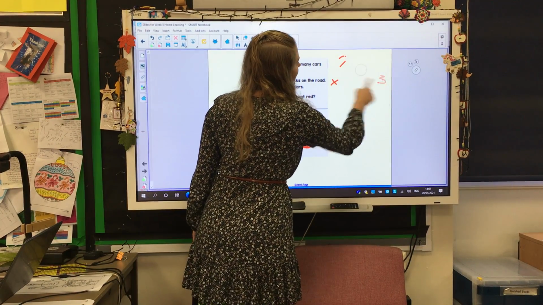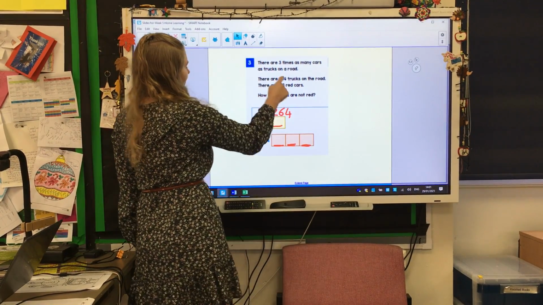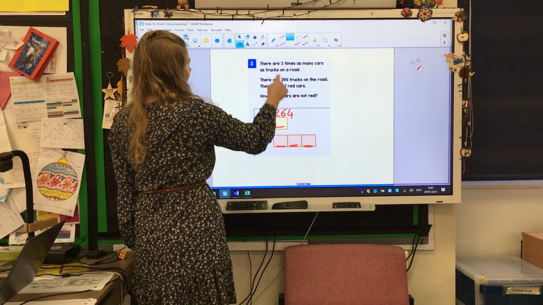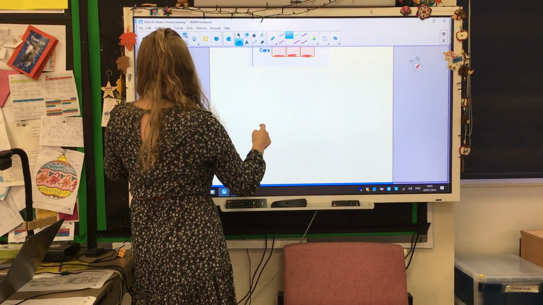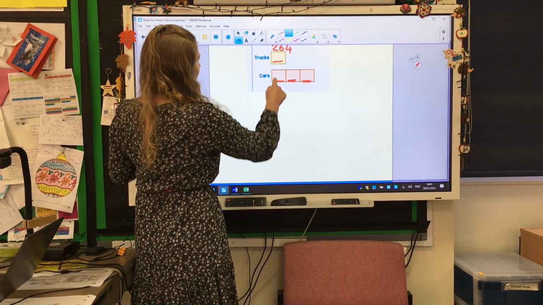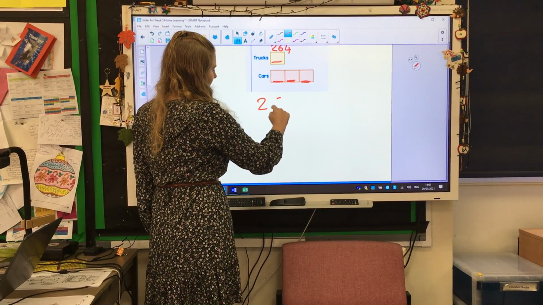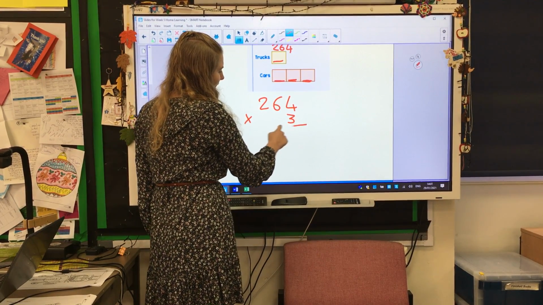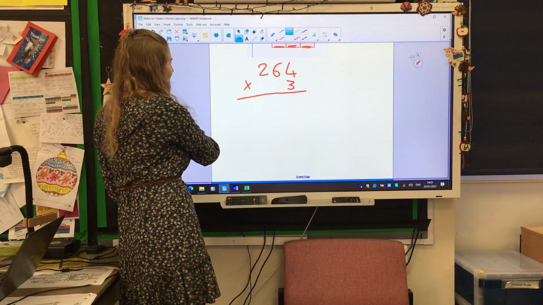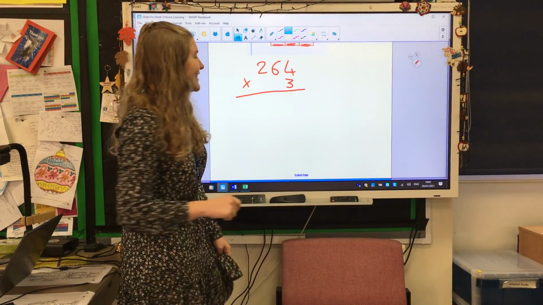I've been way too optimistic there. Let's move this whole thing across, and actually, let's do it at the bottom, because if not, it won't like my workings out. Right, so 264 times 3. Now, I bet you're thinking, wow, I'm really pleased we recapped the 4 key functions yesterday, because